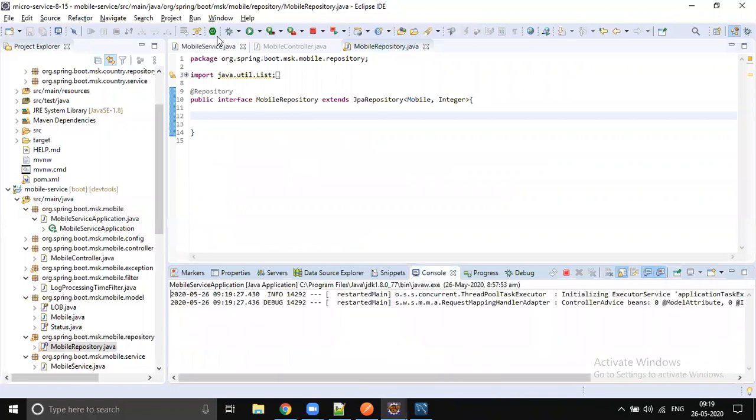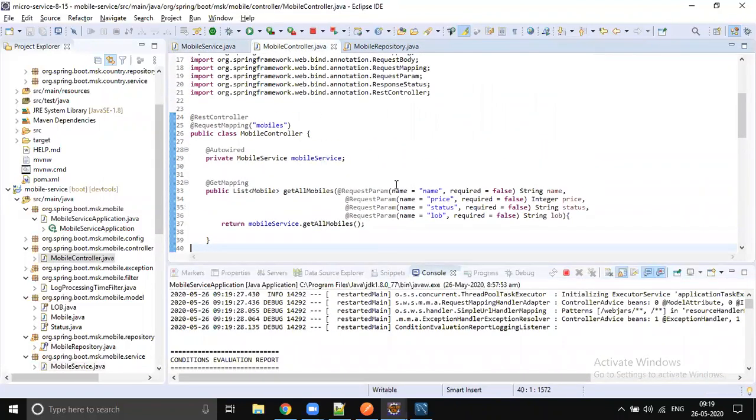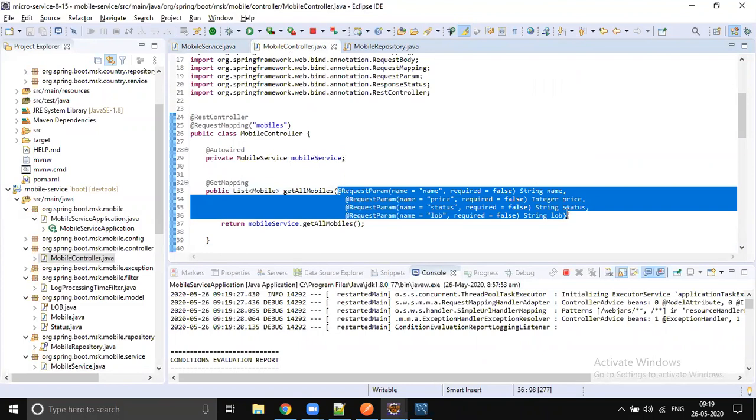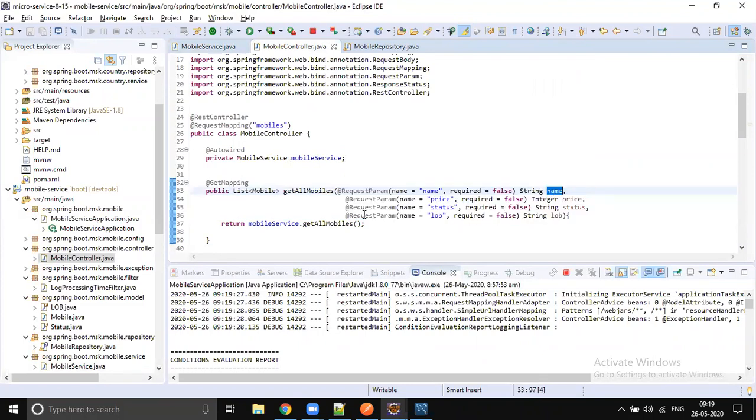That is what we discussed yesterday. In your controller, you should take all the request parameters and pass these parameters as they are, right? So let's pass these optional parameters as they are to the service. If a value is coming, the value will go.